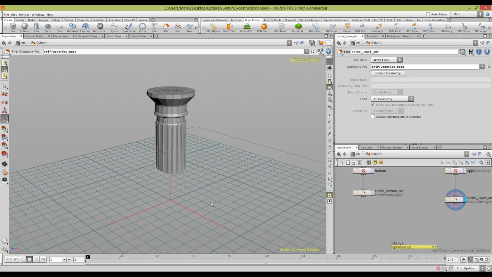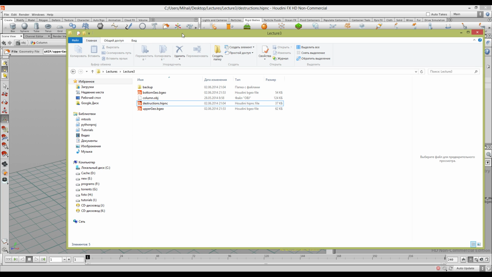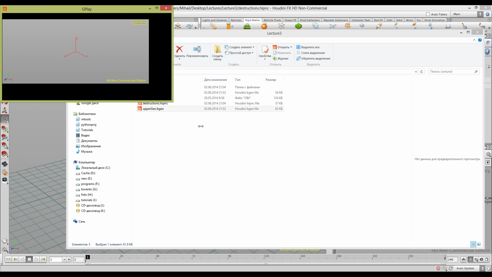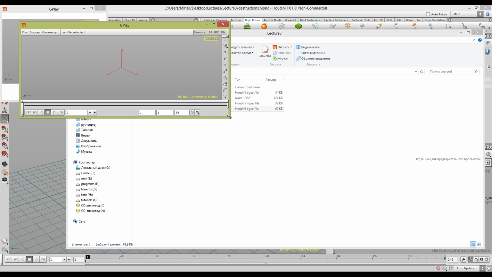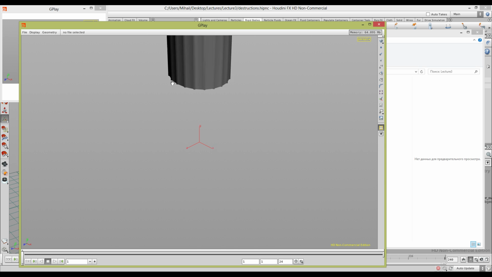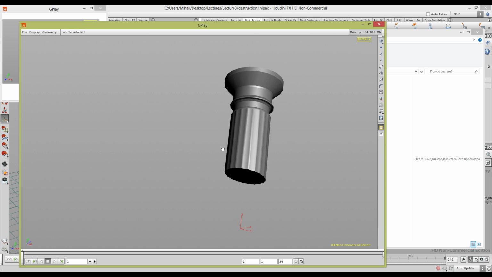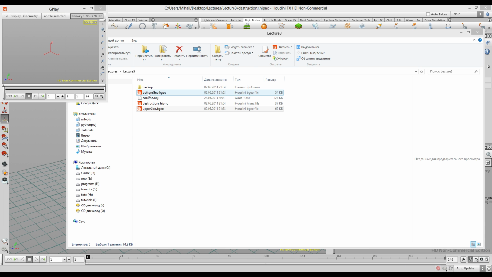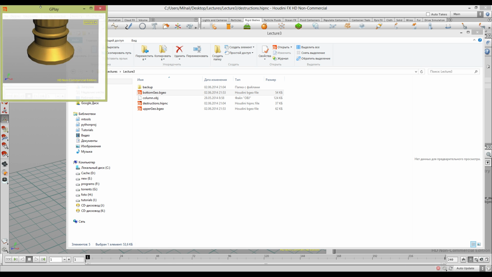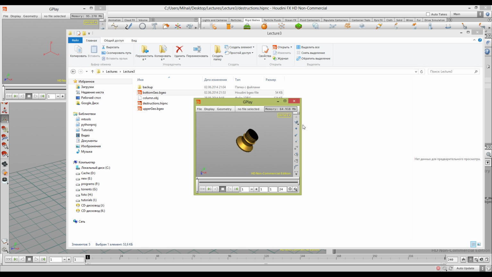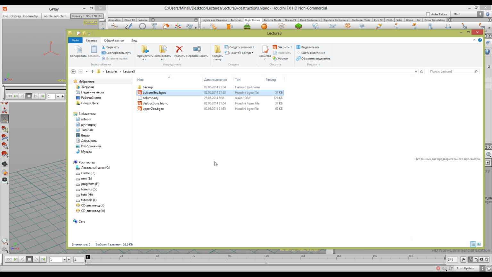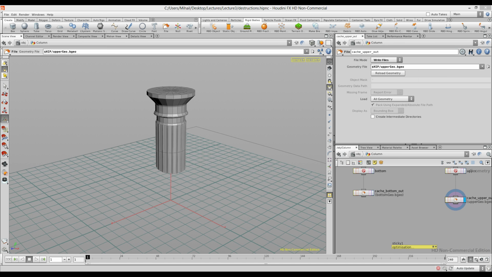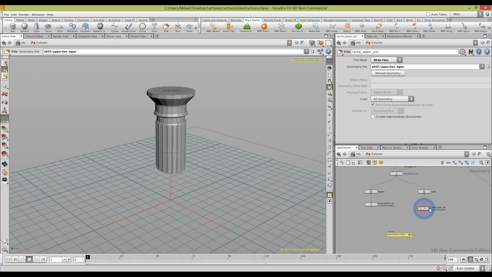So now I have 2 files. You can see that it's upper geo, and it opens a gplay, which is a tool which can play all the simulations, cached simulations and stuff. So this is upper part, and this is bottom one. So okay, let's go back to Houdini. So now I have 2 cached files,